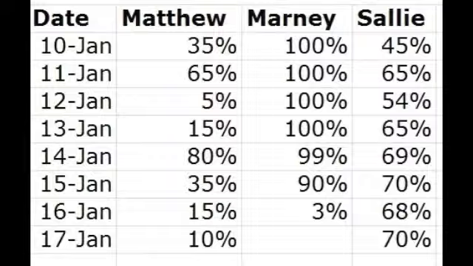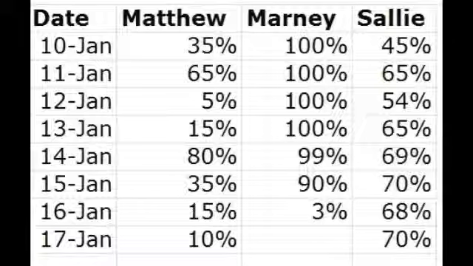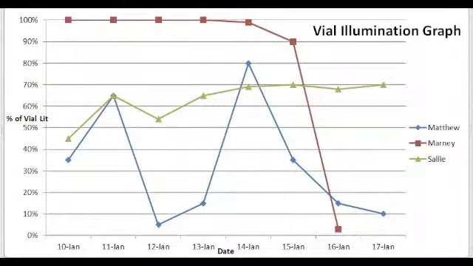Her Pyrocystis fusiformis vial lit up completely for more than half of the experiment. Then we assumed that it must have died. Matthew and Sally both had blue cellophane on their vials, and their data was everywhere. Sally's became fairly consistent near the end of the experiment, but Matthew had data at both ends of the earth. The line graph should help you picture the data table a little better.